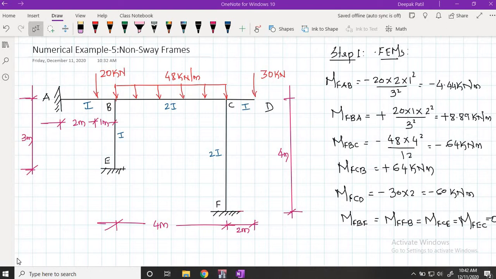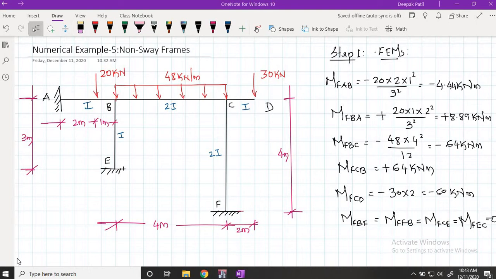In my previous videos, we have solved some numerical examples on beams using Carney's method. Now in this video we will see how to analyze a frame structure using Carney's method. There will not be much difference. It is the same as the continuous beam, but the only care we have to take here is for non-sway frames. Whenever three members are joining at a point, the proper stiffness factor and rotation factor should be calculated considering all three members. So we'll demonstrate one non-sway frame and show how to analyze it using Carney's method.